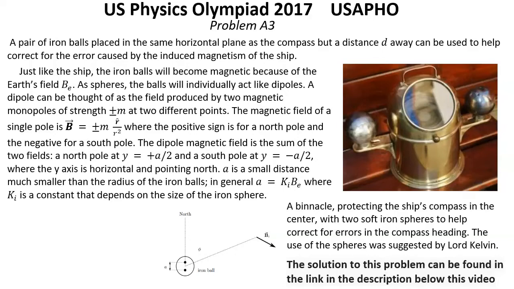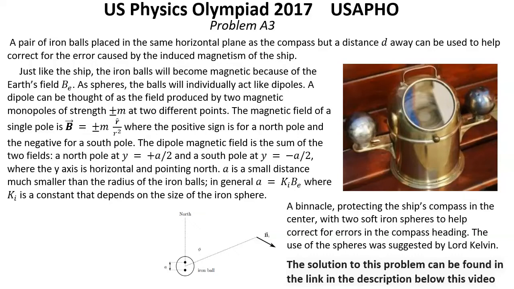The dipole magnetic field is the sum of the two fields, a north pole at y equal to positive a over 2 and the south pole at y equal to negative a over 2, where the y-axis is horizontal and pointing north. A is a small distance, much smaller than the radius of the iron balls. In general, A equals Ki multiplied by BE, where Ki is a constant that depends on the size of the